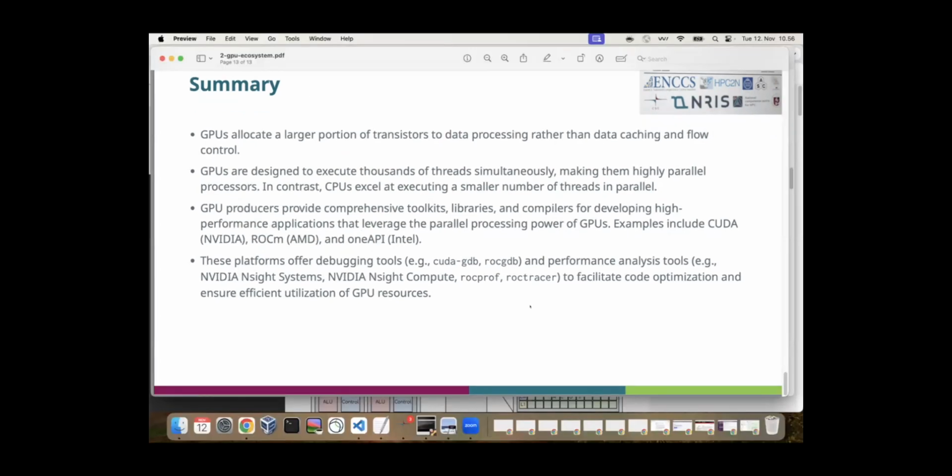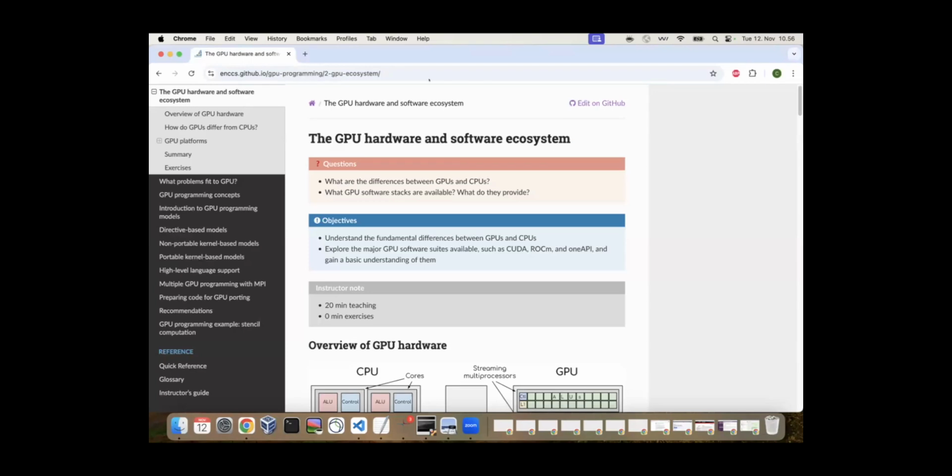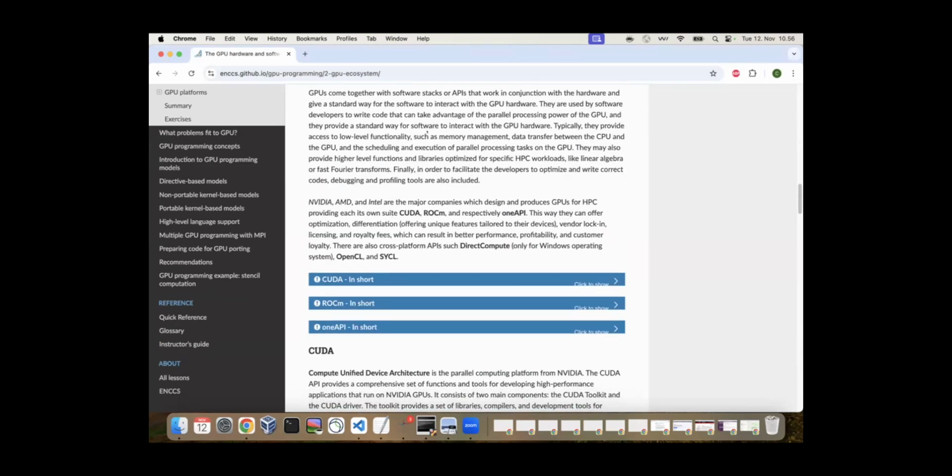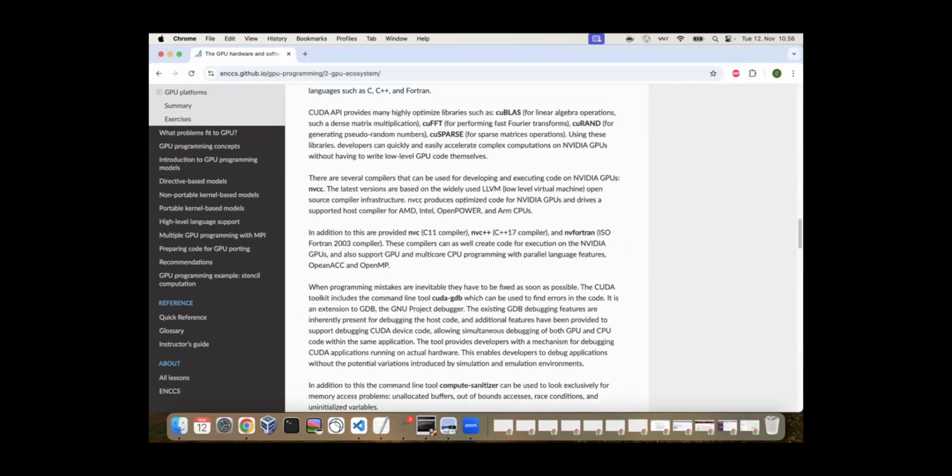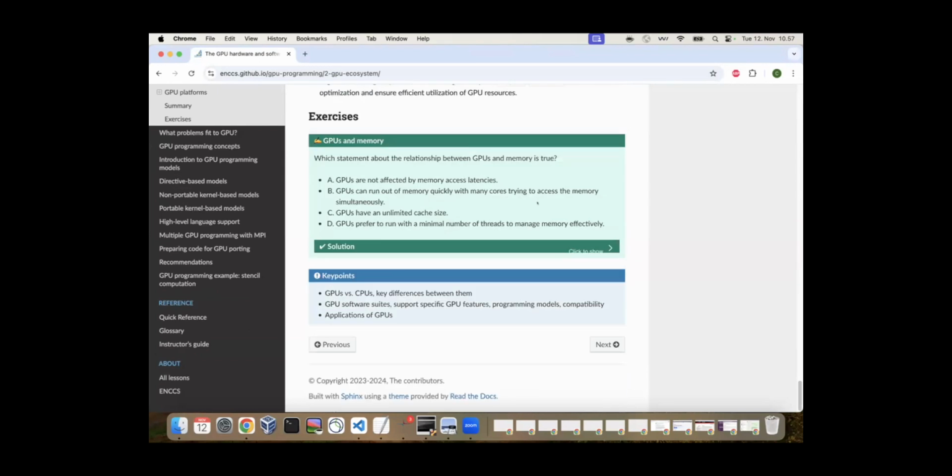So this was more like a summary of this self-study material from here. I suggest you use the time to come back to this and go through this material. There are more details here, and there's one question at the end that you can try to answer based on